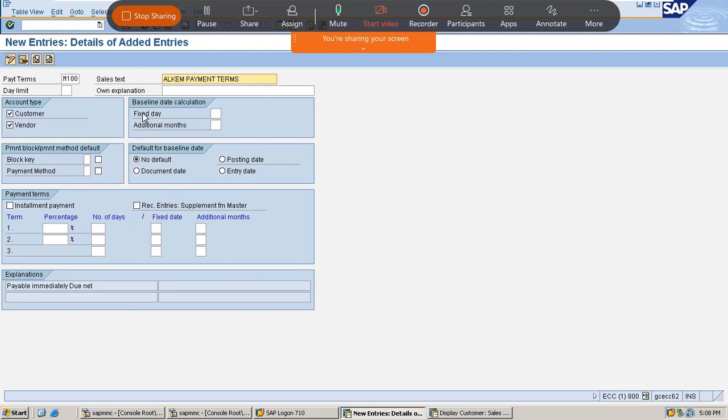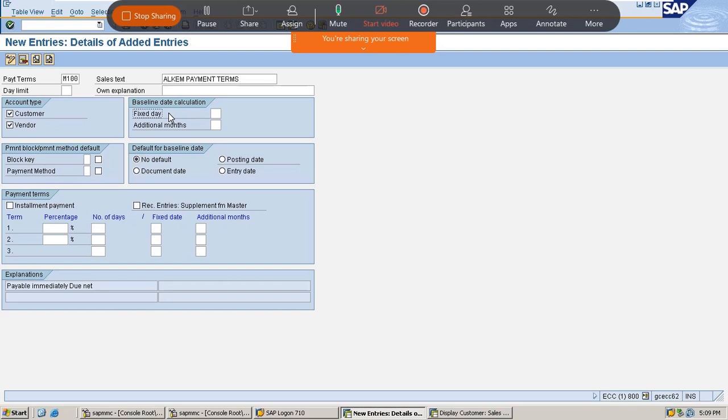Here we can see two fields. One is fixed day and the second one is additional months. So fixed day means if you mention some number of days here, then every month from that date onwards the system will start calculating the payment terms irrespective of the invoice date.